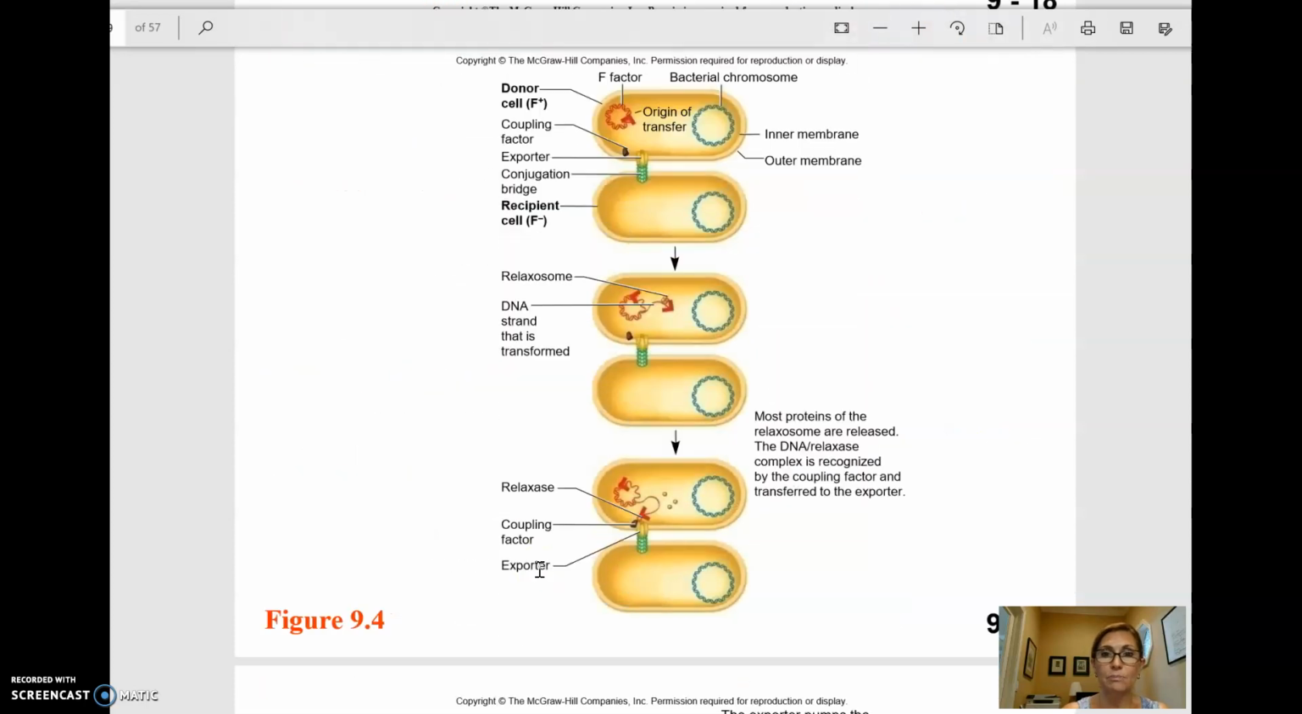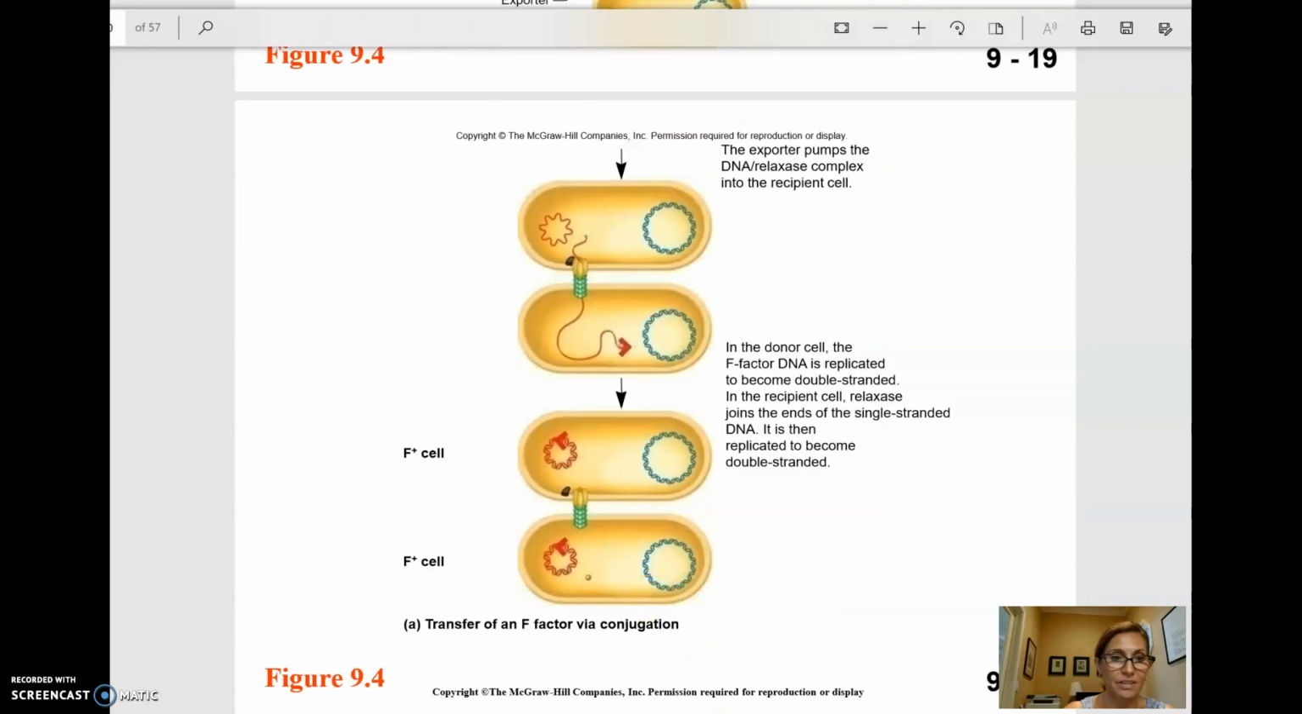And so here's a picture showing the whole process. The donor, F plus, the recipient, F minus. Here is the conjugation pilus right here, and the exporter is a special protein that allows the plasmid to go from one side to the other. You'll see that a piece of the relaxed chromosome peels off, enters the other cell, and voila,